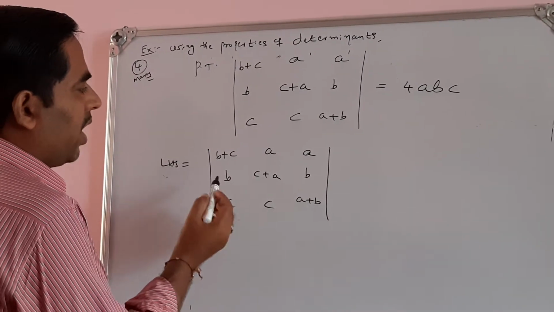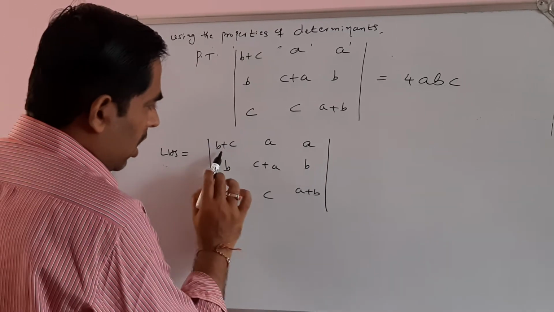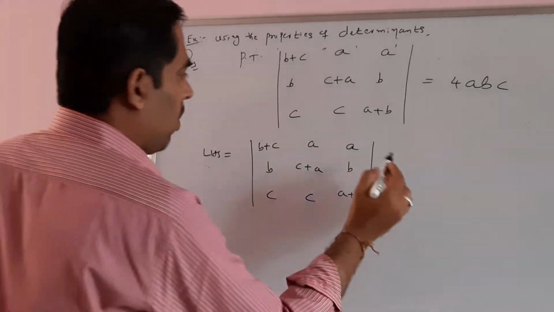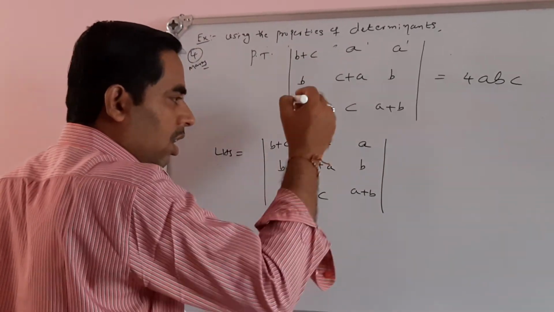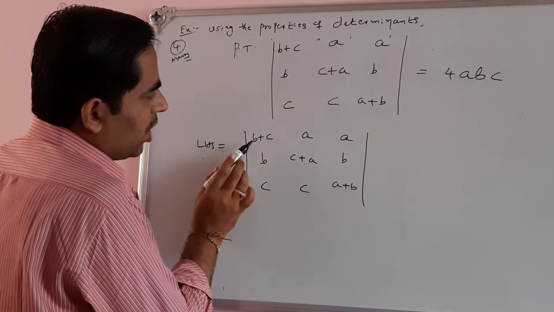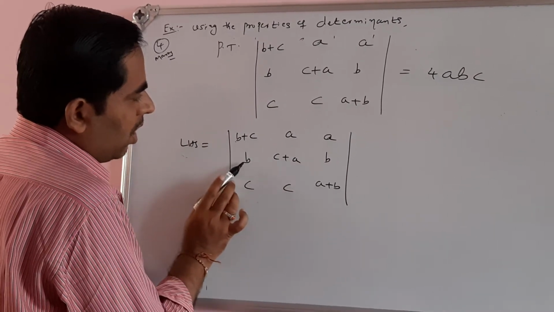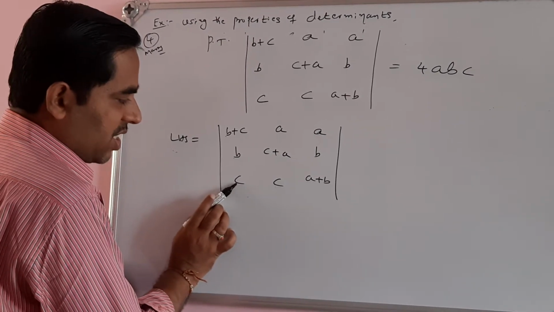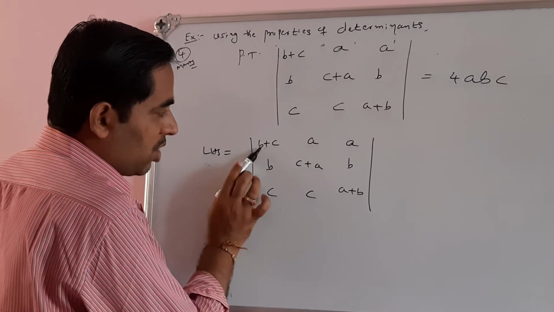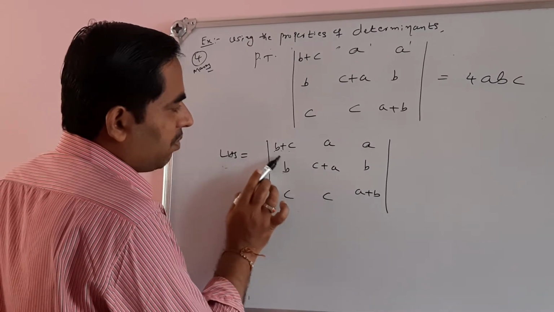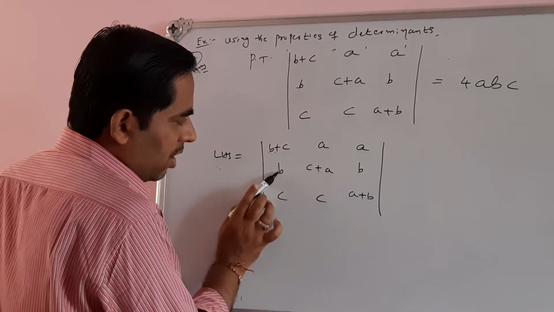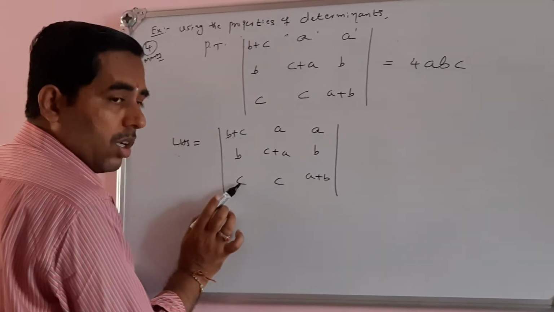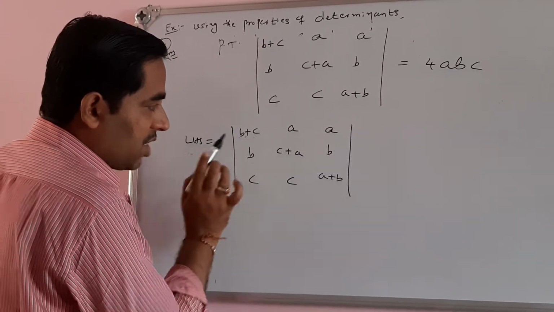So here what I am going to do is, see, the first row, what is the first row here? b plus c, a and a. So what happens, as I told earlier, if I consider column wise and row wise. See here, row wise, the first row, first element is b plus c. Then the second row, first element is b. Third row, first element is c. Here b plus c is given. See, the sum of these two is given here, b plus c. So if I subtract, see, b plus c is given, b minus c, then b plus c minus of b minus c. Oh, okay, I can make it 0 here. How can I make it 0?